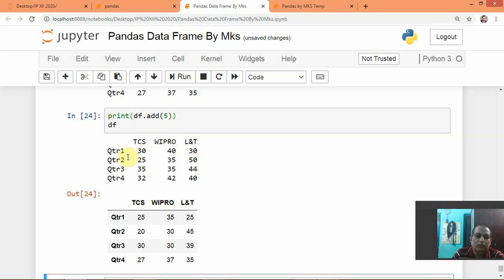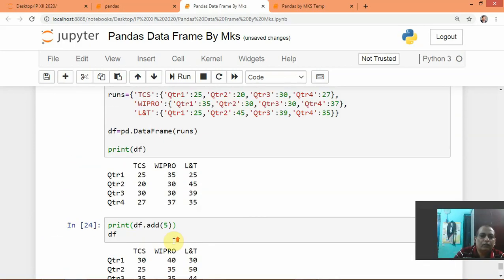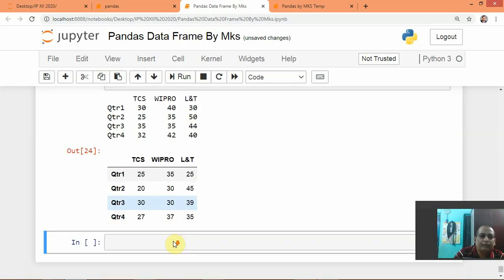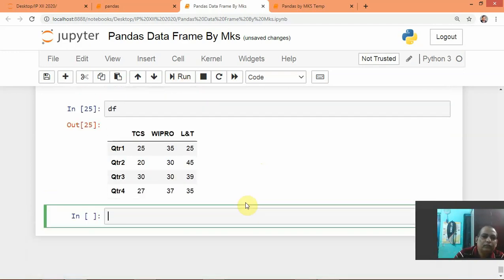Now I will show you different things. Suppose we have this df, the data frame.